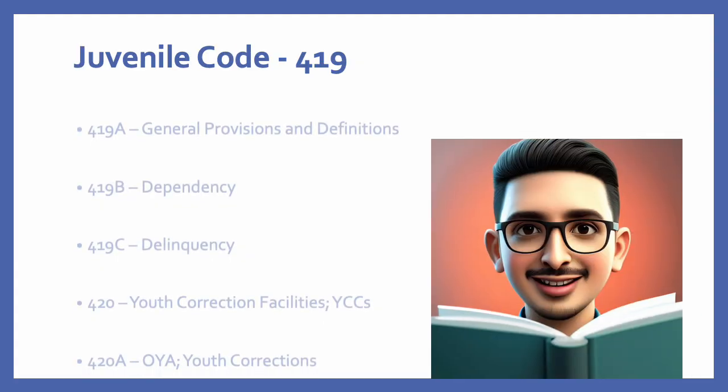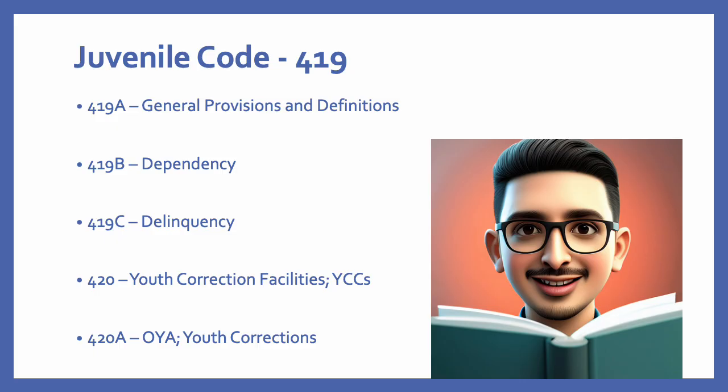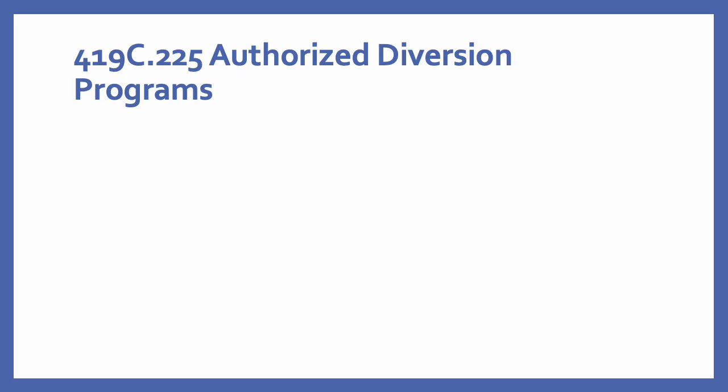The Juvenile Code 419 includes 419A, which is general provisions and definitions, 419B, which talks about dependency, 419C, which talks about delinquency, Chapter 420, which is about youth correctional facilities and youth care centers, and 420A, which is all about Oregon Youth Authority and youth corrections. We will attempt to organize the O.R.S. presentation in the order that a case travels through the juvenile system. So we will start off with